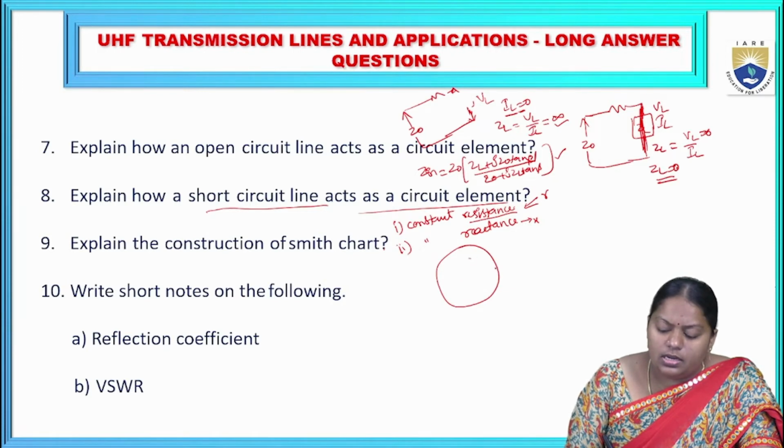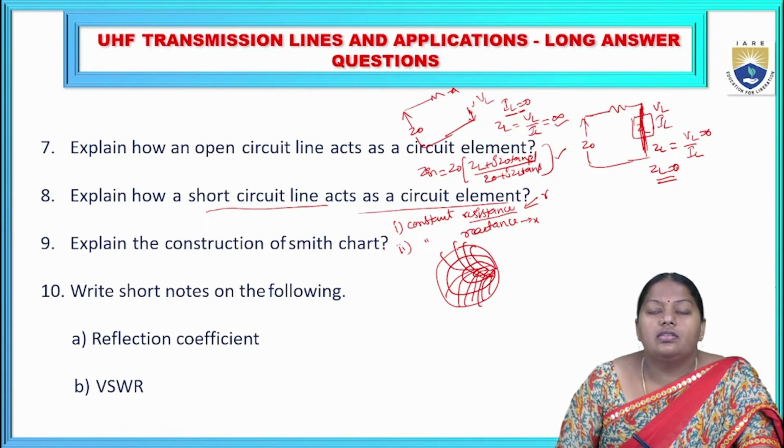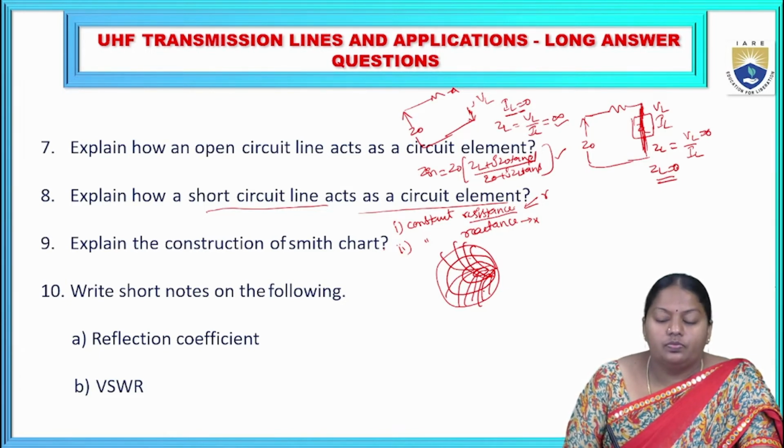All the concentric circles are represented like this. Then all the constant reactance circles are represented like this. Then it looks exactly like a Smith chart, right? So with the help of the Smith chart, we can find the reflection coefficient gamma and the standing wave ratio S. Theoretically, we can also measure the reflection coefficient gamma and the standing wave ratio S using the formulas